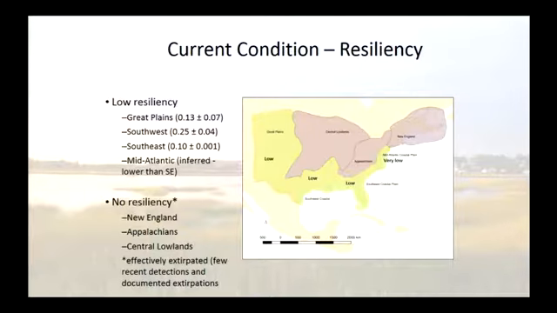And so we inferred that to mean that redundancy is potentially quite low for this species within each of these regions. And if we have 10% of our available habitat occupied, that means that 90% is not occupied right now. And that's not a good picture. So the service took those occupancy estimates and determined that these 4 regions have low resiliency and low redundancy because of those occupancy estimates being so low. And they determined that in the regions where there are no rails anymore, there is no resiliency in those locations.